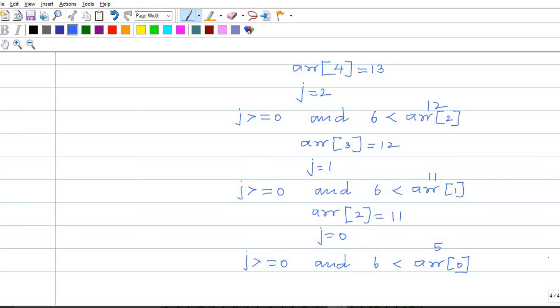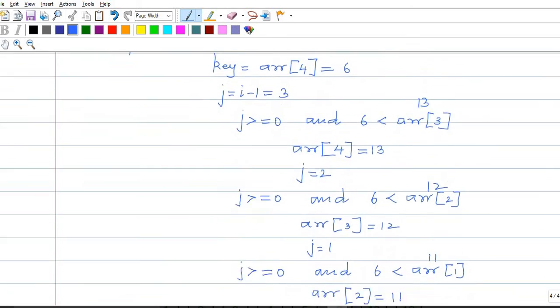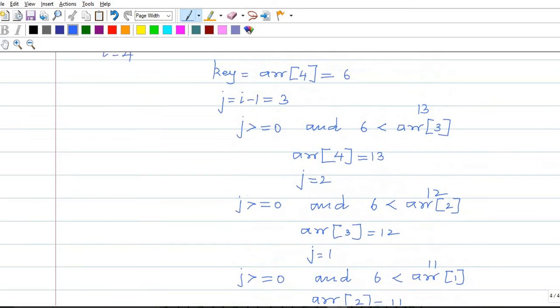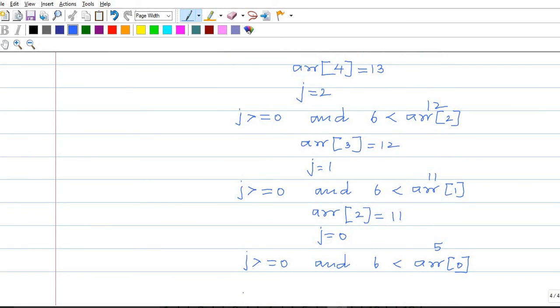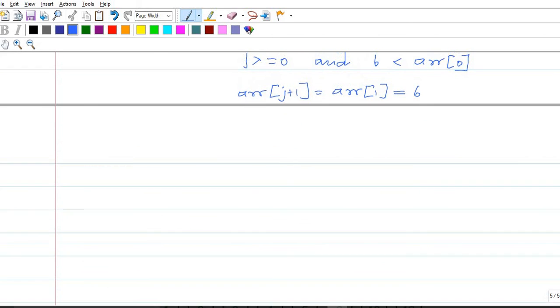So it comes out of the while loop. Finally ARR j plus 1, so ARR 1 is equal to key, which is 6. Now I am just writing the sorted one.